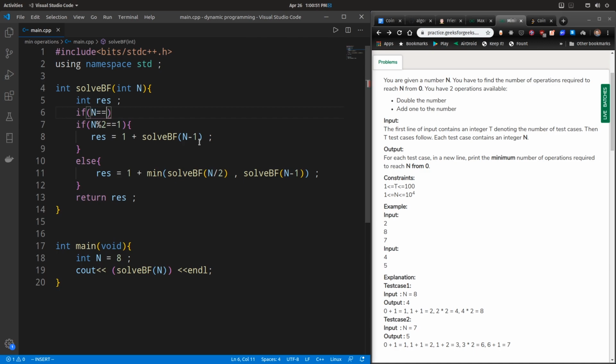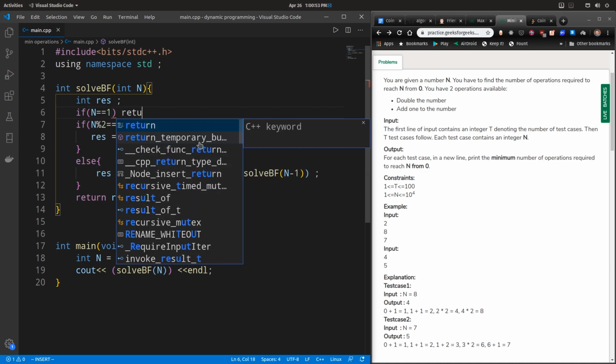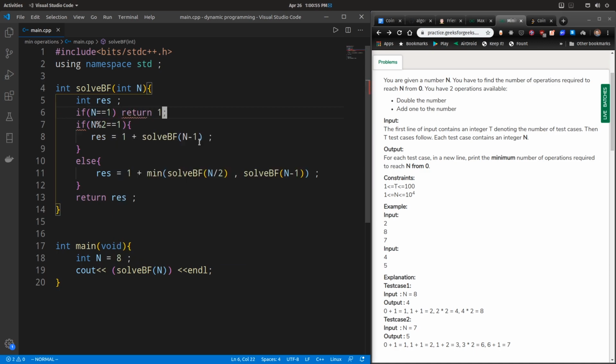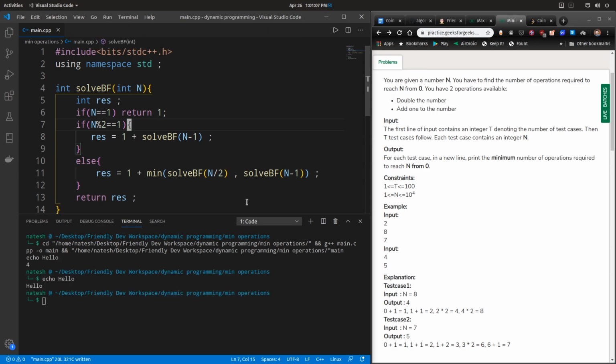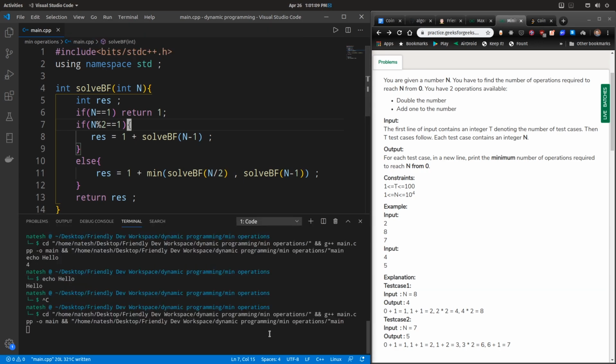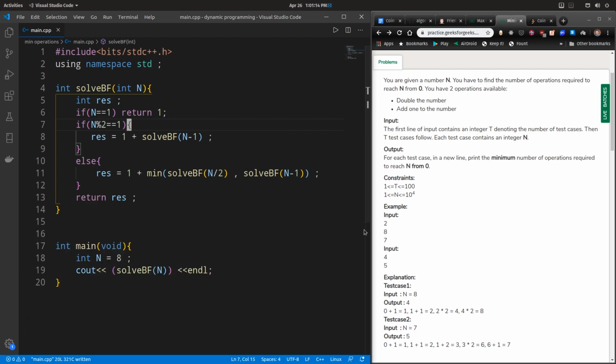So if my n is 1, then I just return 1. To reach 1 from 0, it requires only one operation, that is incrementing by 1. Okay, so this is the base condition. If we run this, we get an output of 4, as is expected.